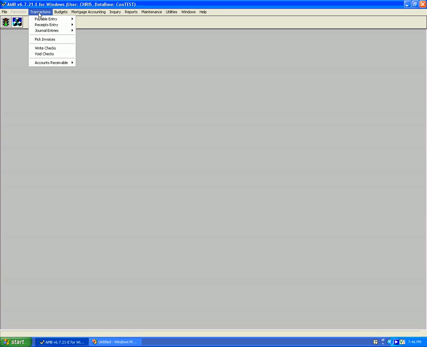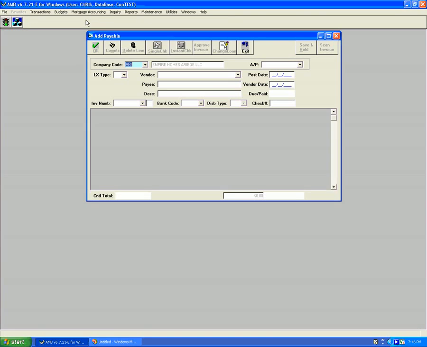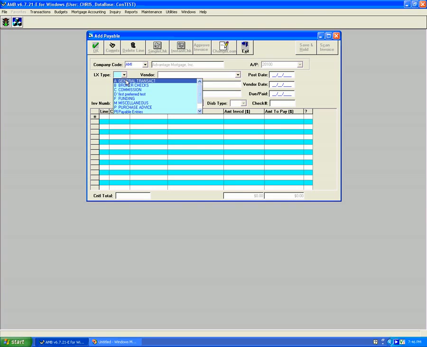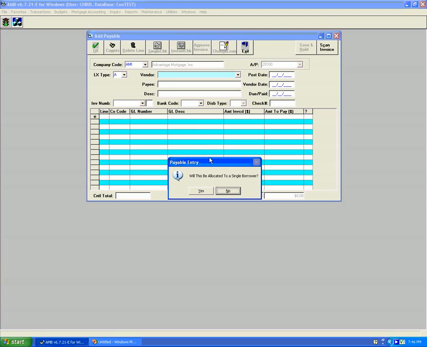In this lesson today, I will be showing you how to put in a payable that is allocated to one borrower. We will go to the transaction menu and select Payable Entry, Add Payable. Once inside this form, we will select the correct company and tab down to the LX type. We'll select the proper LX type and then tab till we get the prompt that's asking us,